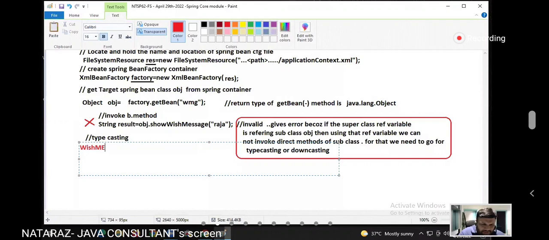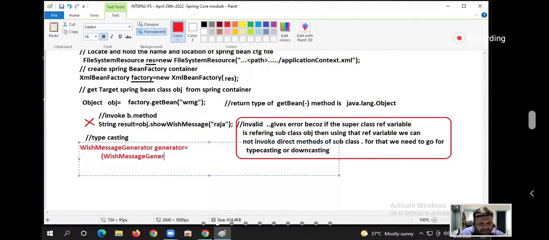WishMessageGenerator generator is equal to (WishMessageGenerator) obj.